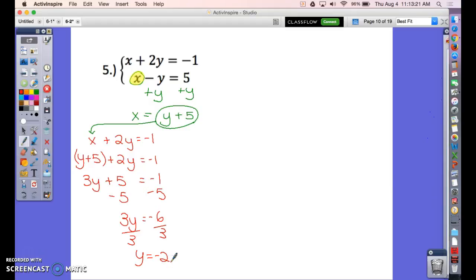Once you have one variable solved for, you're going to take that and substitute it into one of your original equations. Does not matter which one, so choose whichever one is easier. We've used both of them, so it really doesn't matter. Plugging in for y, I would say that the second equation looks like it has less, although I get a little nervous when there's a minus sign and another minus sign, so I might plug it into the first one. It does not matter. Okay, so if I plug it into the first one,